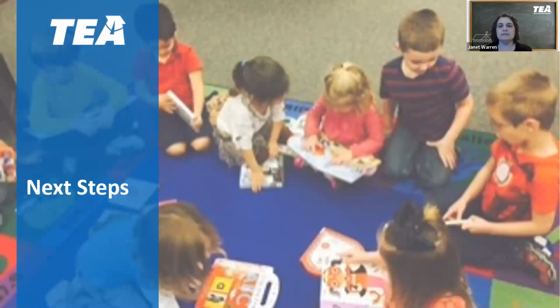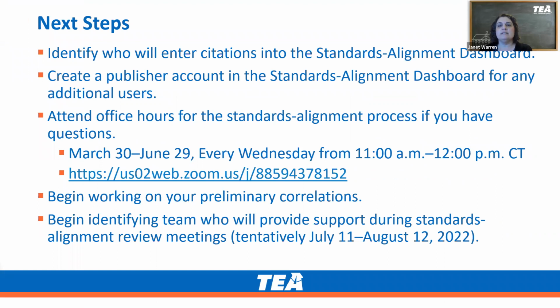Now we'll go to the next steps. You will need to identify who on your team is going to enter the citations into the Standards Alignment Dashboard. We have set up an account for at least 1 person for each company. If you need to add additional users in the Standards Alignment Dashboard, you may do so. If you have any issues with that, please submit a help desk ticket and we'll assist you. We have set up weekly office hours every Wednesday from 11 a.m. to 12 p.m. Central Time, beginning on March 30th and ending on June 29th. The link to the office hours is on the slide, but I will also be providing it in the email